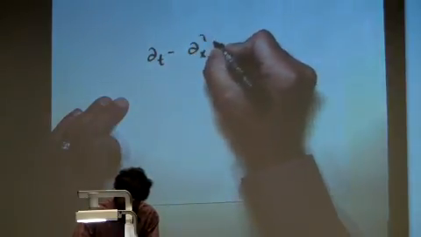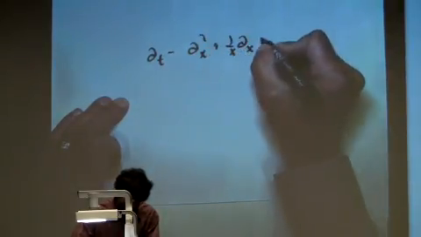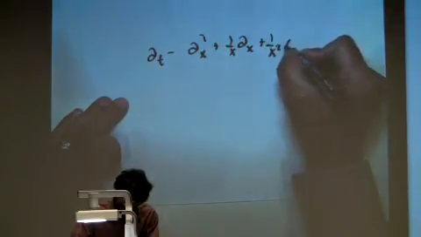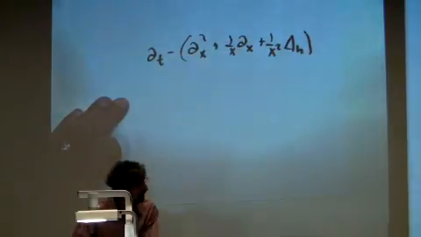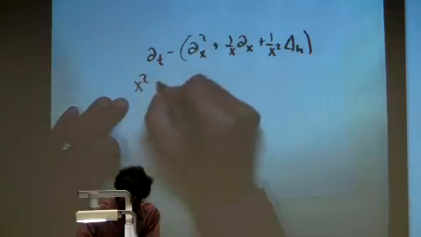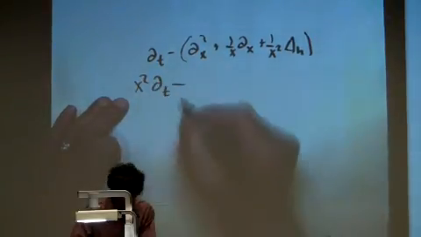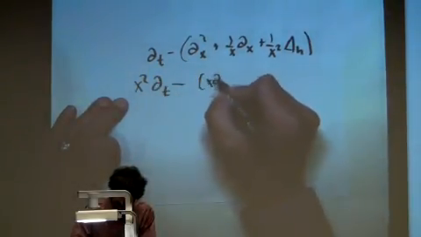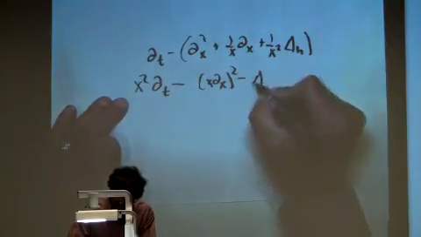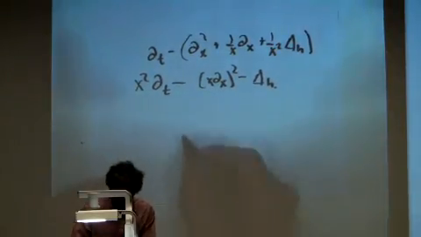Forgive me for non-experts, but let me just answer the question, and let me point it out on a cone, because this is exactly what happens on cones. Suppose that I have dt minus (dx squared plus 1 over x dx plus 1 over x squared d plus h), and I want to think of that as x squared dt minus a b operator, so minus (x dx) squared minus a Gaussian h. What is the right blow-up picture?